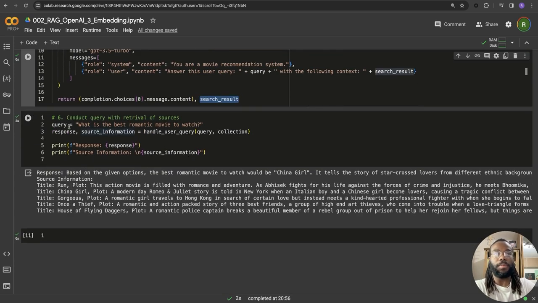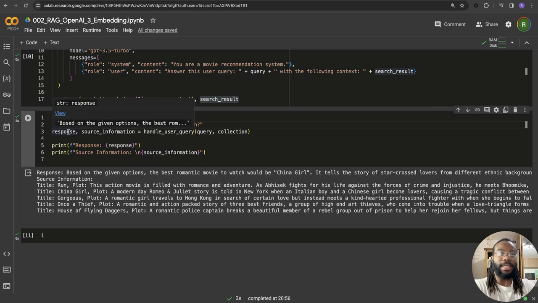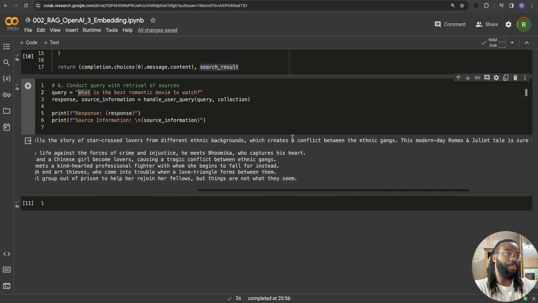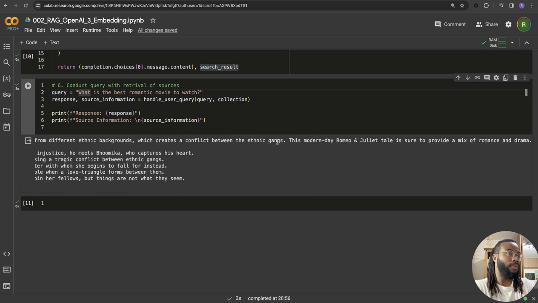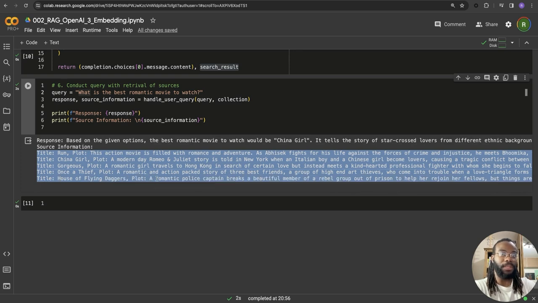Next, we're just going to create a very simple query. What is the best romantic movie to watch? Don't know why I chose romantic movies, but what is the best romantic movie to watch? And we're asking that to the OpenAI model, and that's going to give us a response. And we're also going to extract the source information that we've used to get the answer from. And here we go. So the response is China Girl, never watched, but it tells you the plot as well, which was added in for additional information. But we can also see the other options it could have chosen from based on what we extracted